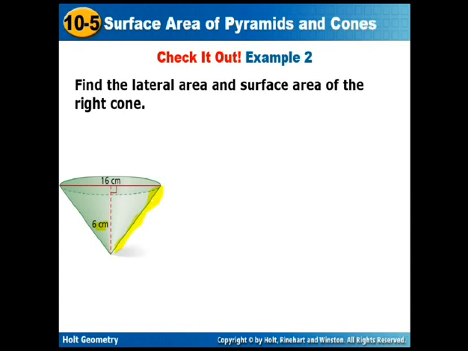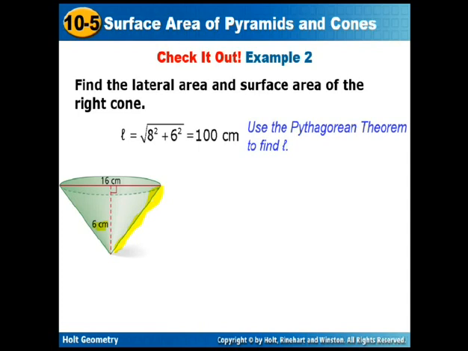So what we will do, I think you all think about the Pythagorean theorem to find the slant height here, this one, the shaded one. The Pythagorean theorem, as you remember, is a squared plus b squared equals c squared. Here, a is 6 centimeters, b is 8 centimeters, which is half of the 16. So 6 squared plus 8 squared, or 8 squared plus 6 squared, equals L squared, which is the hypotenuse